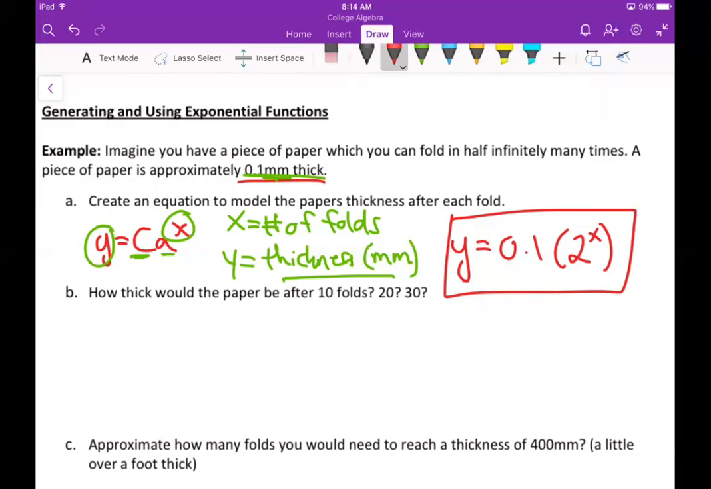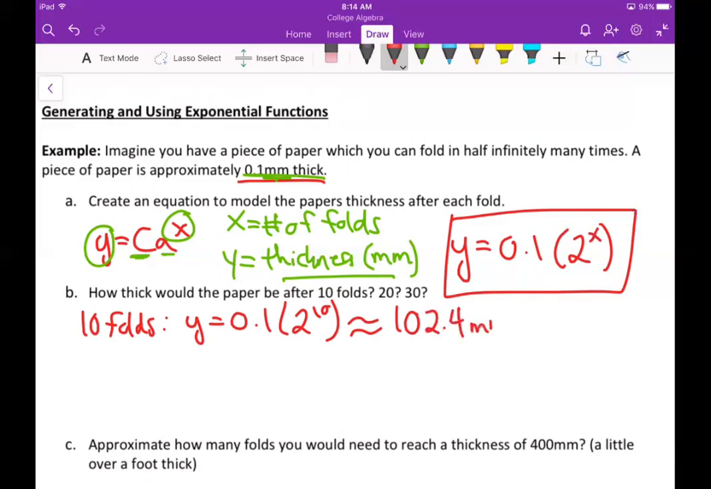So we only start off with a thickness of 0.1 millimeters, right? So let's go with, okay, if it's 10 folds, what happens? So after 10 folds, that would mean we have an x value of 10. So we're going to take 0.1 times 2 to the 10th power. And that grows so fast that if you plug that into your calculator, that's going to be about, actually I think it ends up being exact,